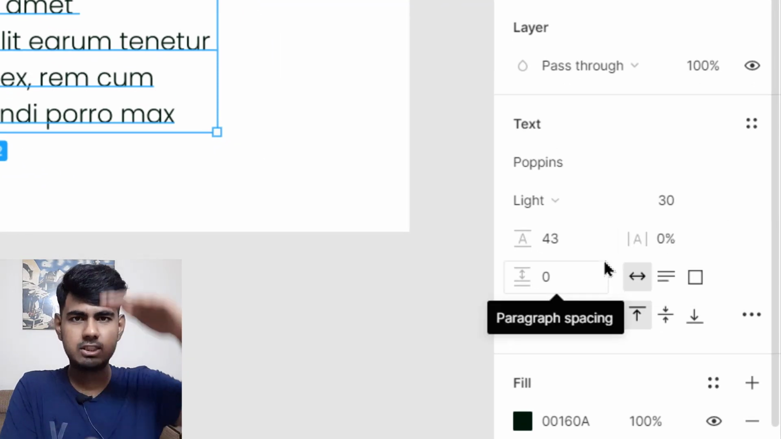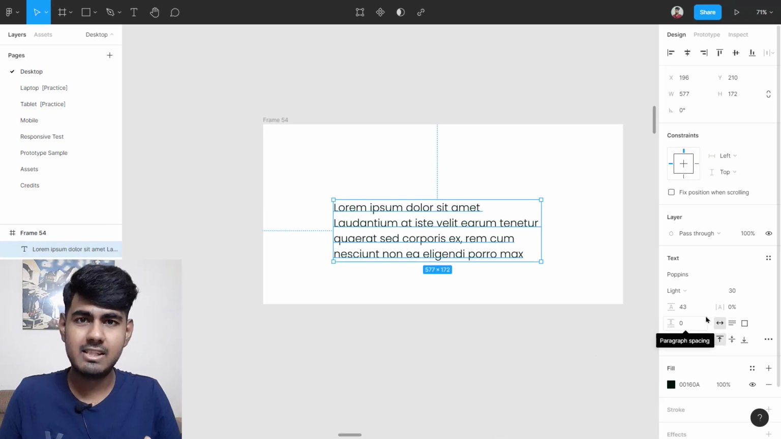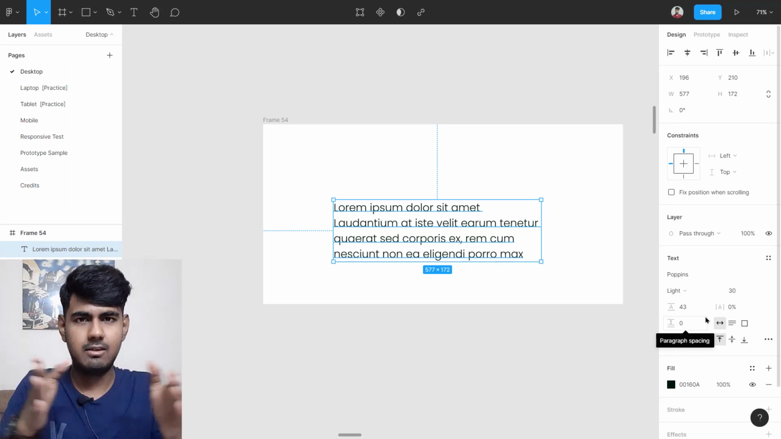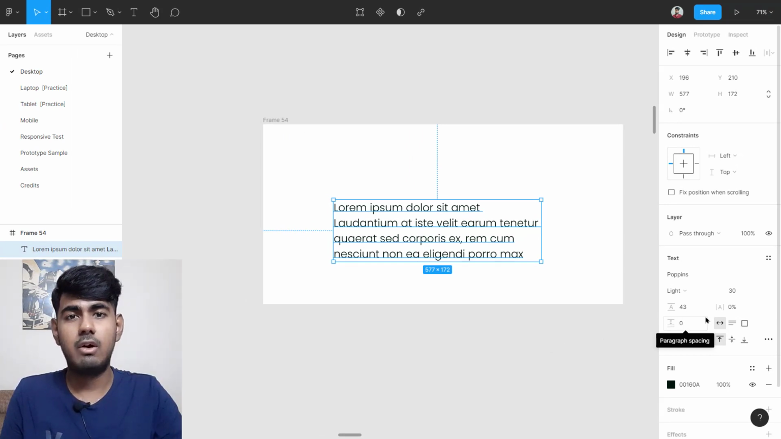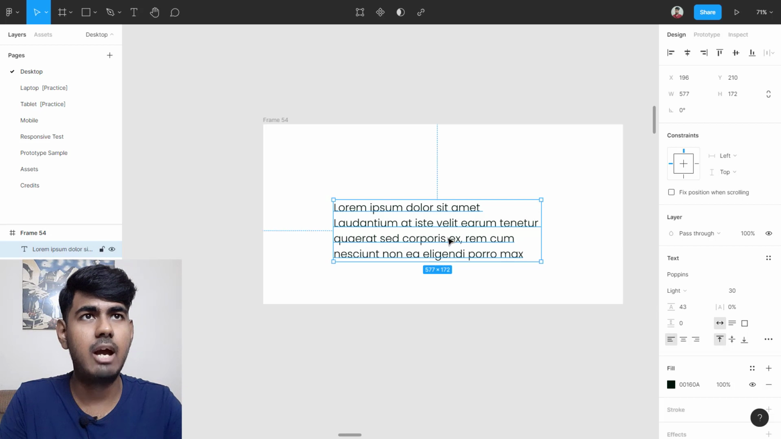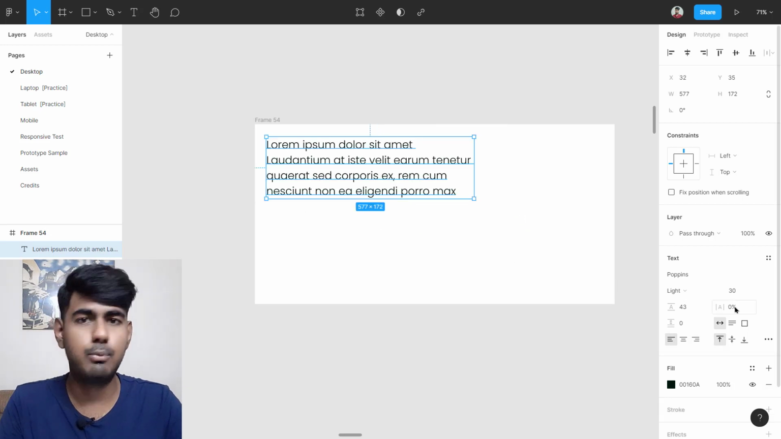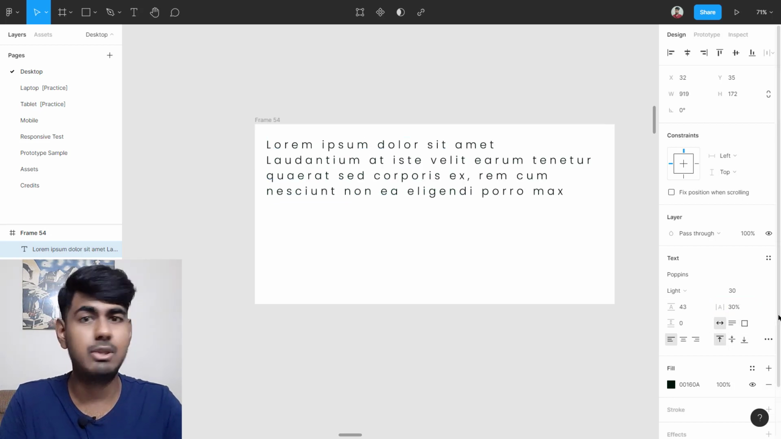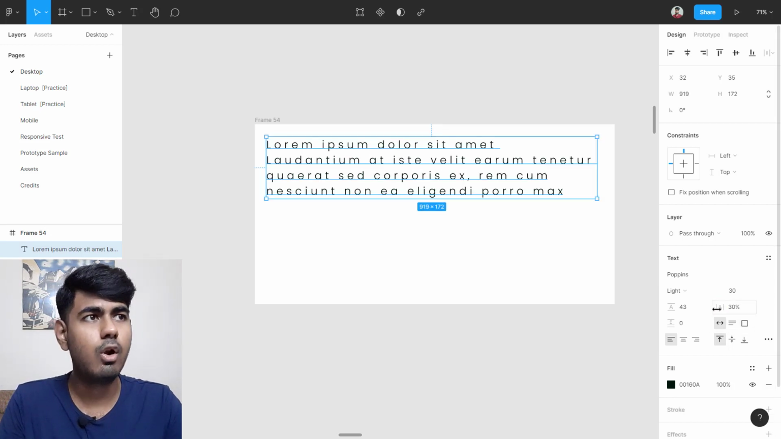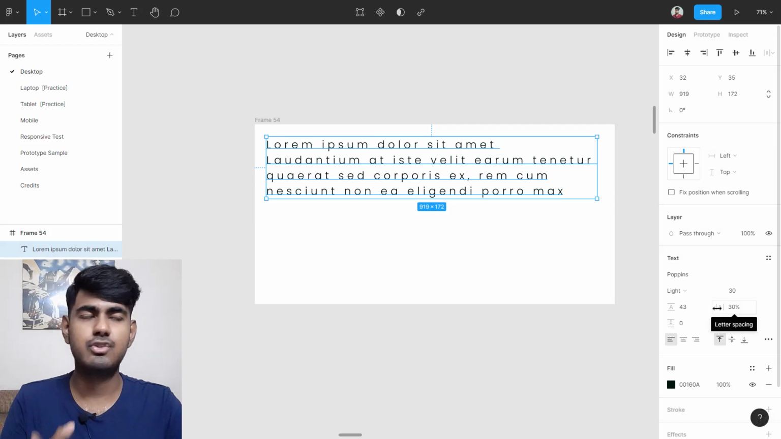So line height works like this, but the letter spacing works like this. It's gonna put a gap between our letters like this. Okay, I'm gonna show you. I'm gonna keep it over here like this, and watch very carefully. Oh, by the way, you can also input a direct value over here like this, 30 over here, then it's gonna be 30%,